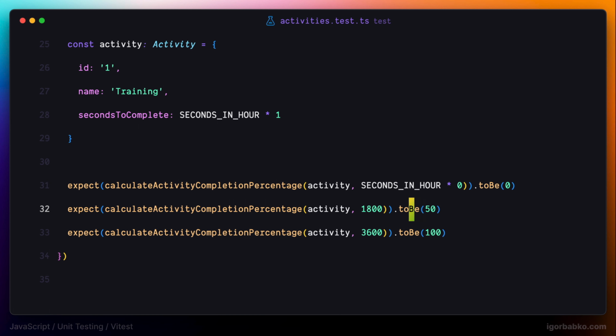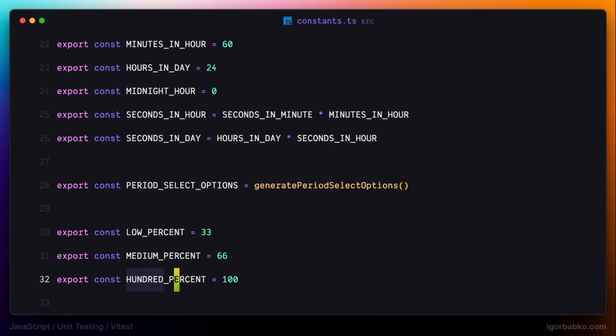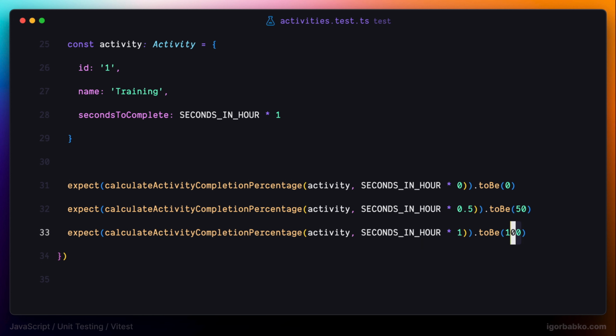In the second case, we have to pass 1800 seconds, which we can get by multiplying seconds in hour by 0.5. And finally, to pass 3600 seconds, we're going to multiply seconds in hour by 1. And as for the value which represents 100%, we also have a constant called 100% for such cases. So I'm going to replace 100 with this constant 100%. Moving on to the next file with tests